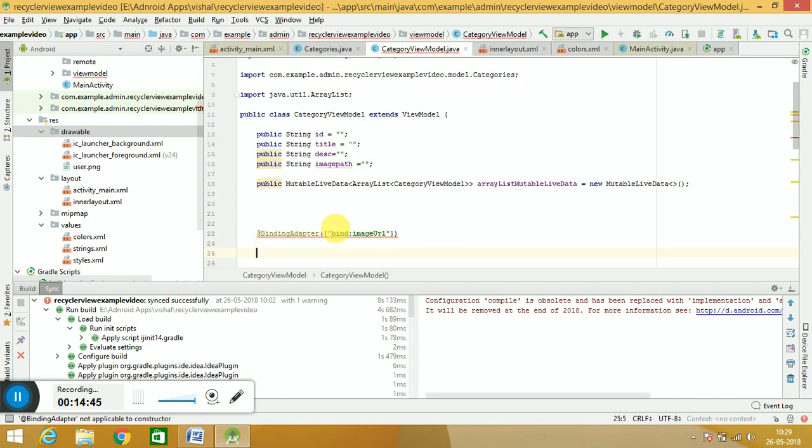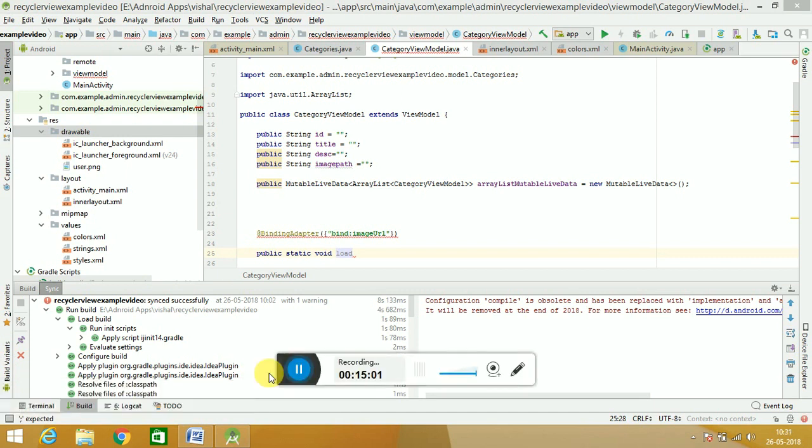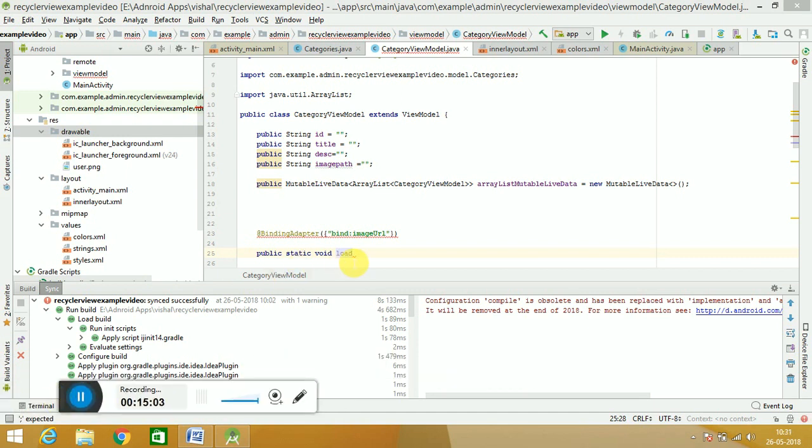And after creating this binding adapter you have to make a public static void load image,